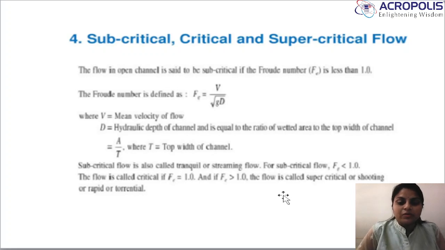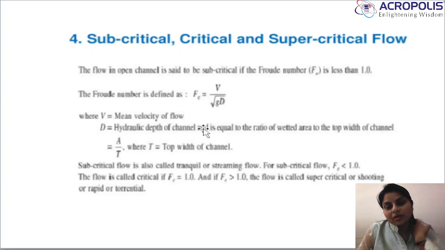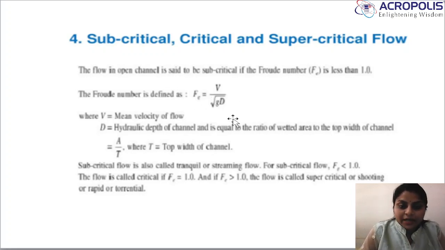The fourth type of flow is known as subcritical, critical, and supercritical flow. Where the Froude number is less than 1, the flow is known as subcritical flow, sorry. If the Froude number is more than 1, it is known as supercritical flow, and the Froude number equal to 1 is known as critical flow. Froude number is basically dependent upon the velocity, depth and gravity. If the depth is minimum, the Froude number is maximum. If the depth is maximum, the Froude number is